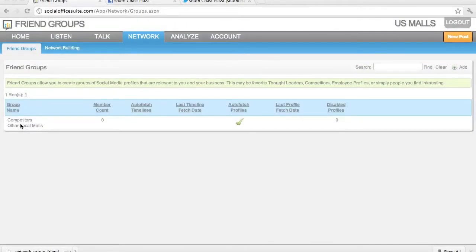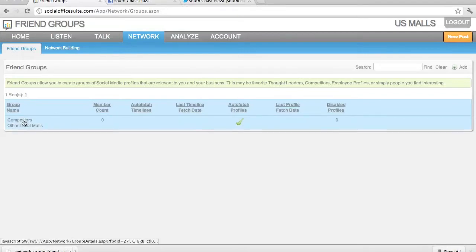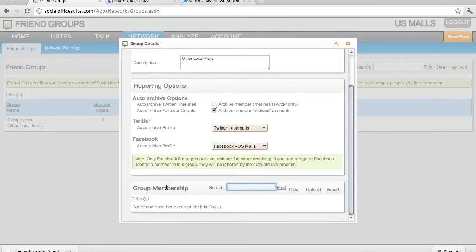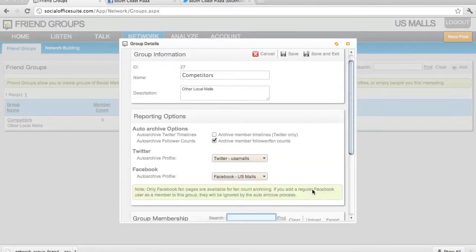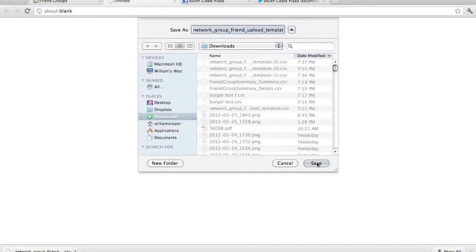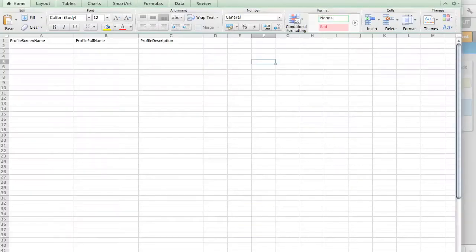All right, so now that we've got the competitors group created here, we're going to reopen it. And we're going to upload the profiles that we want to monitor. So if you scroll down, there's a new box here called Group Membership, and there's a button called Upload. So click Upload, and then it expands this box a little bit further. What we're going to do first is a Twitter group. So go ahead and download the CSV file, save it to your computer, and then when you open it,